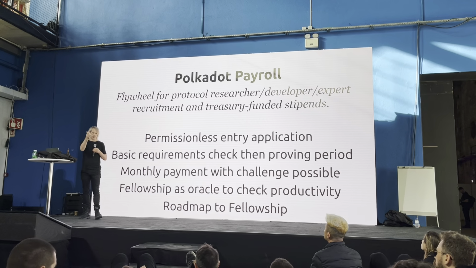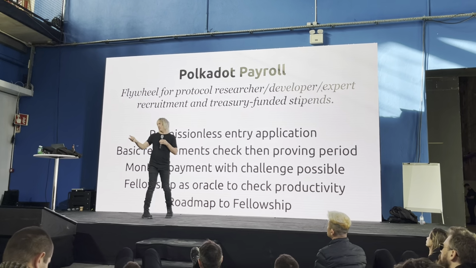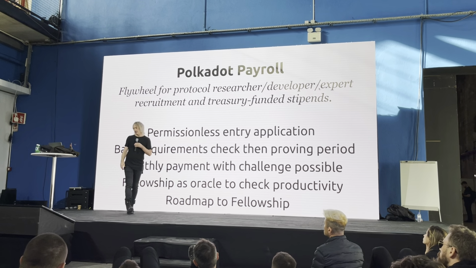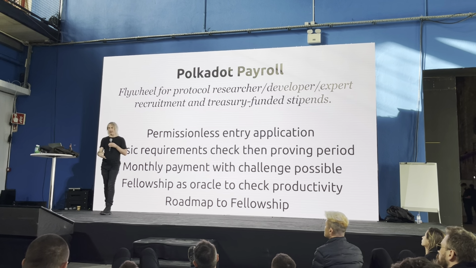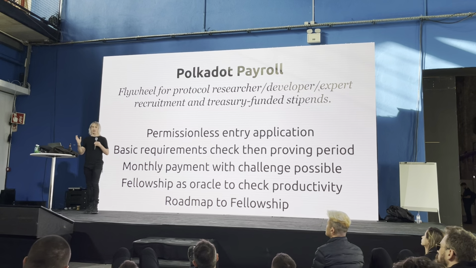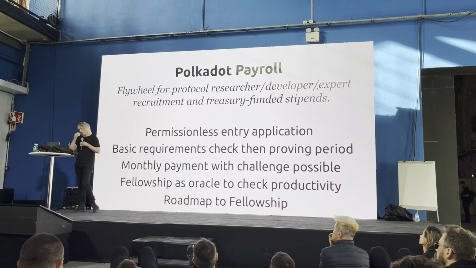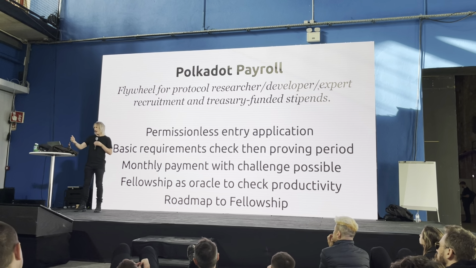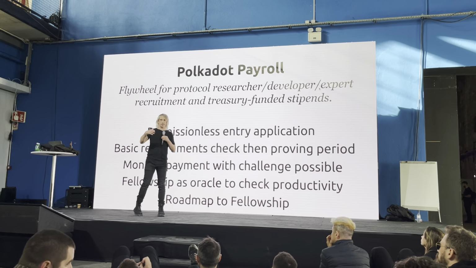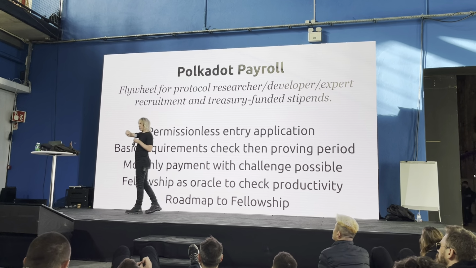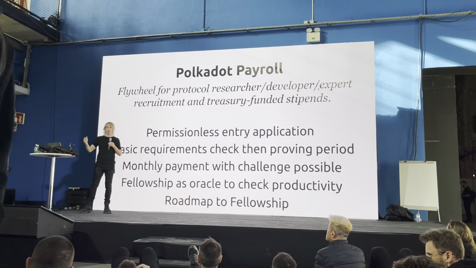Think of something like a CV, yeah? You've been to a course like the Polkadot Academy, right? You've already done some pull requests, something very basic that is easily checkable, just to make sure you may well actually do something useful. And you get a proving period, a couple of weeks, right, to actually do something. If you do something, it's checked by probably the fellowship, maybe the Ecosystem Tech Fellowship for technical individuals, right?